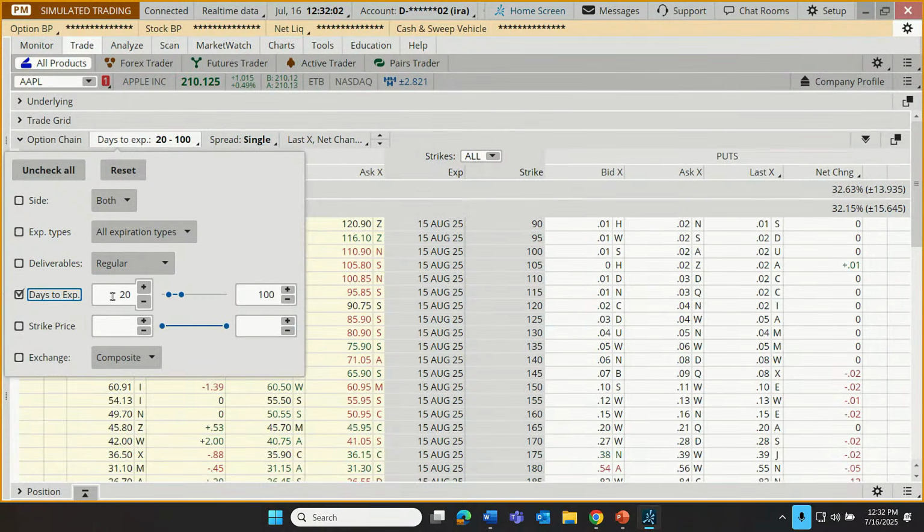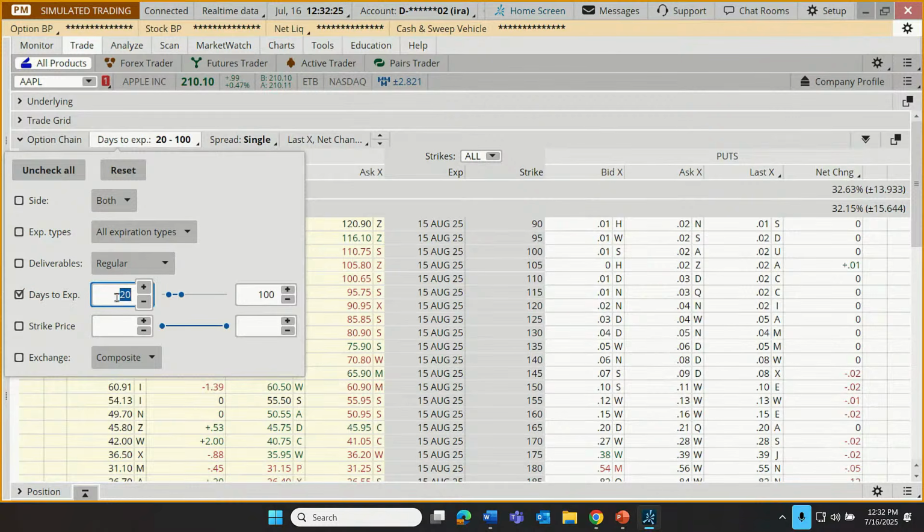We can even select, let's say that our trader has a preference for the specific number of days till expiration, and maybe they don't need all of the other expirations. Maybe some contracts expire too soon for the trader to be interested in them. Maybe some expire too far out. So we can set maybe a range.